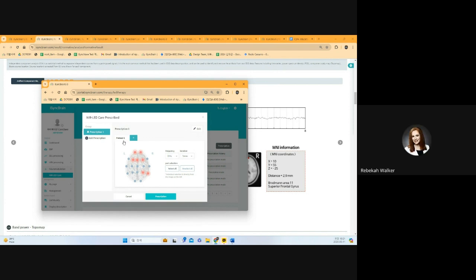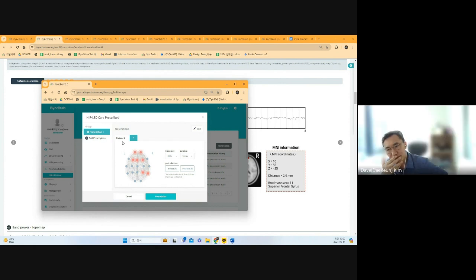Yeah, that's great. What would you say if someone was doing TMS then? How would that help with their protocol design? Yes, they can scan their patient and then upload the EEG. If they use the iSyncWave, they can directly get the iSyncBrain analysis. If they use another device, they can upload their EEG to the iSyncBrain site, and then they can find